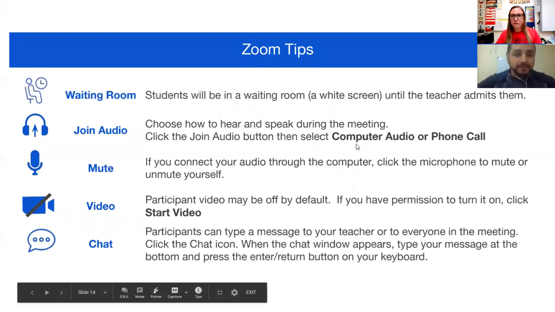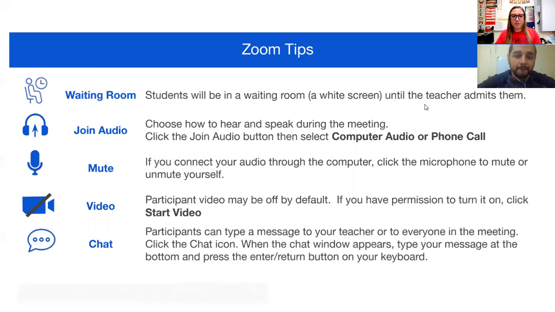And we have a few Zoom tips to help you throughout our learning journey. The waiting room is very important. The waiting room is kind of like you're sitting outside of the classroom waiting to be admitted. You will see a screen that the teacher is going to let you in. Sometimes the teachers use the waiting room to pull small groups, so they'll put some of the kids in the waiting room to come back. But just because you're in the waiting room does not mean we can't see you, because we can see you